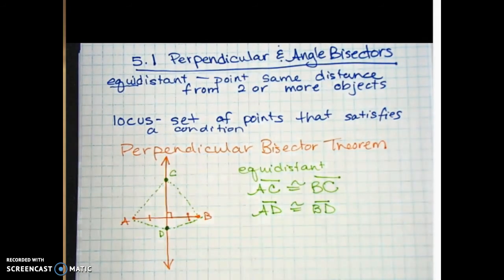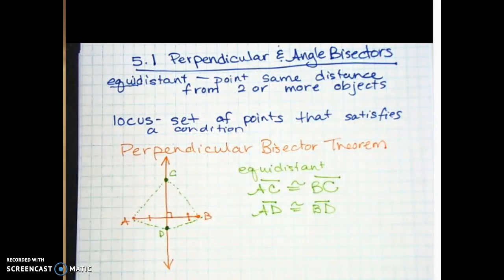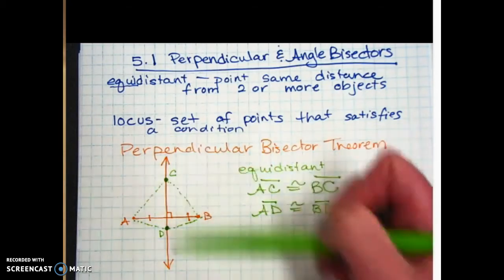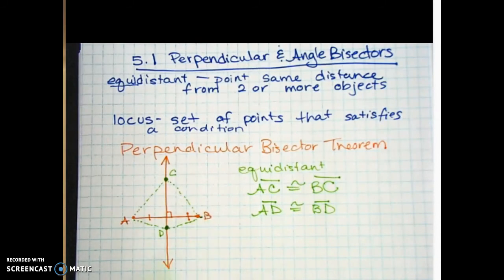How many more random points could I pick on this perpendicular bisector? As many as we wanted. We could keep going, right? There's an infinite amount of points on this line that are all going to be equidistant from those two endpoints,